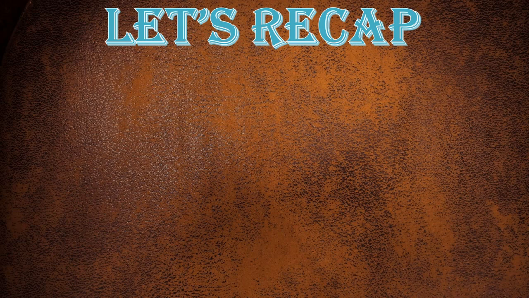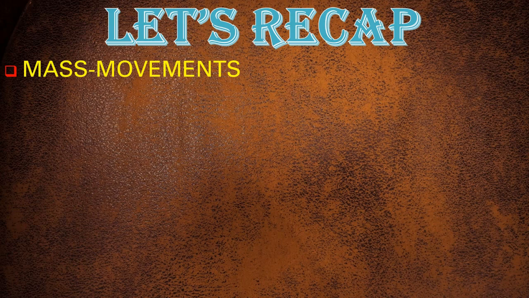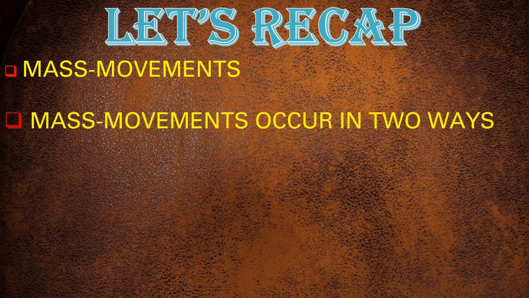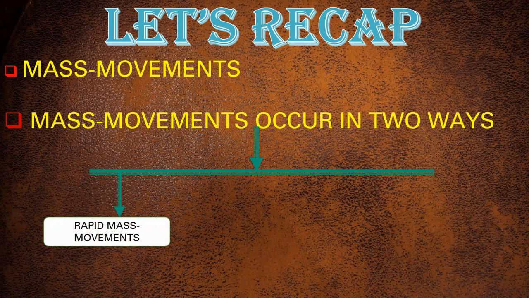Also, we have studied about mass movements. The eroded material starts moving along the slope due to gravity and accumulates near the foothills or the gentler slope. So, this mass movement can be of two ways, such as rapid mass movement and slower mass movement. In rapid mass movement, we have studied that it occurs on steep slopes. It includes landslides, rock falls, land subsidence, slumping and mudslide.